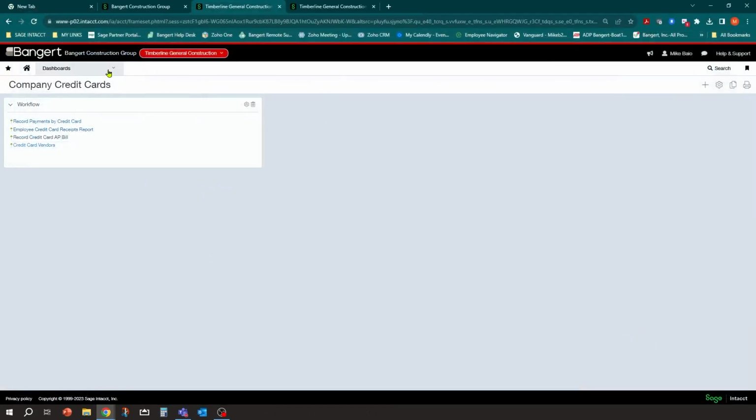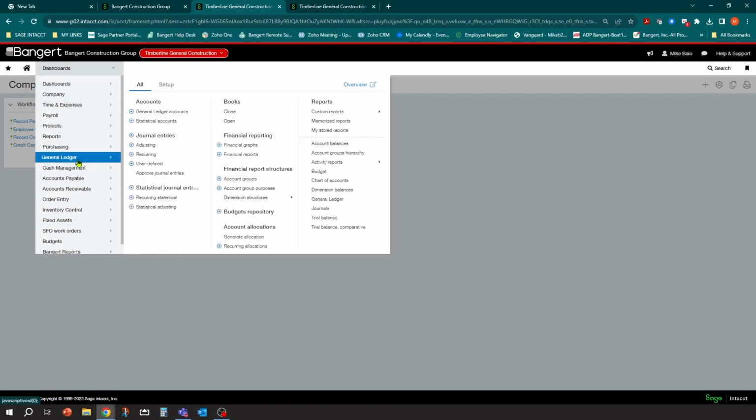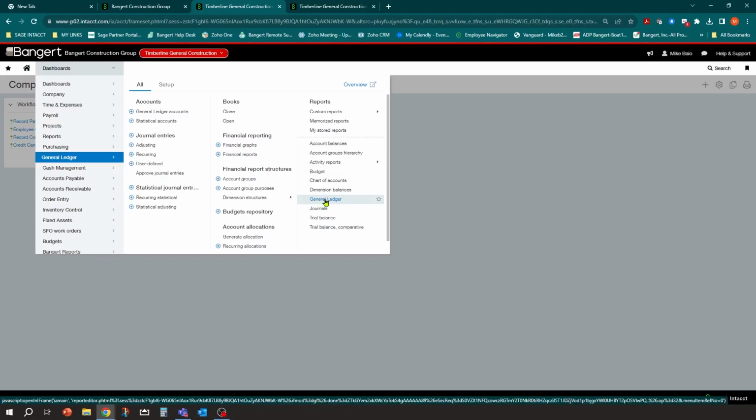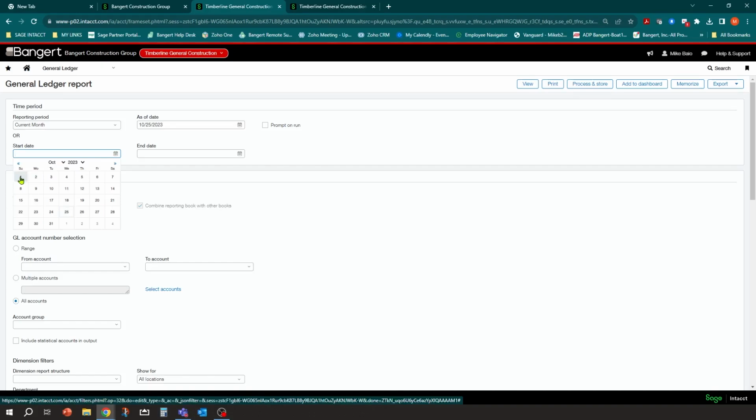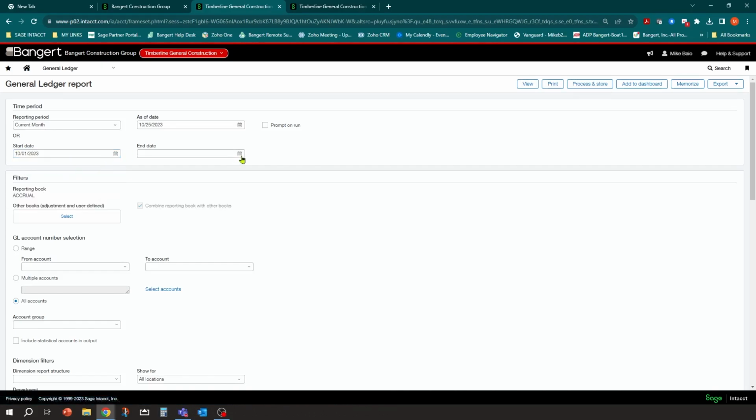So to recap, if you go through your general ledger, for example, there's various reports, but if you go take a look at the general ledger report here, one of the things you can do is, you could say, show me start date 1/1 to 10/30.